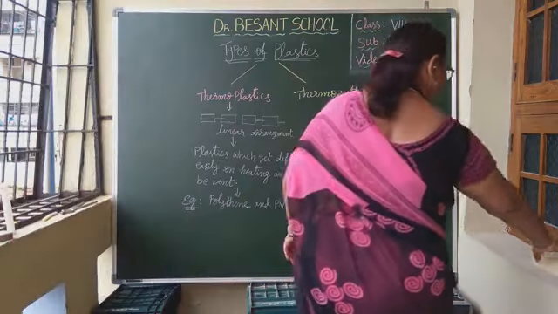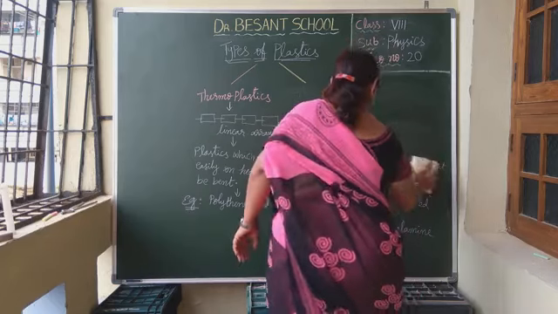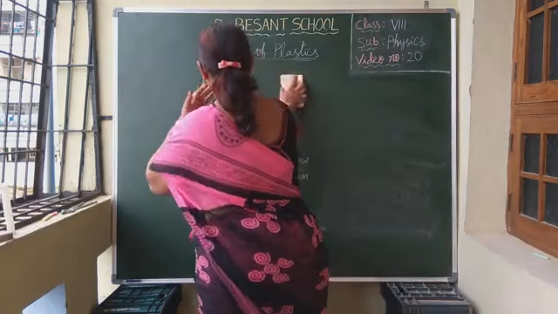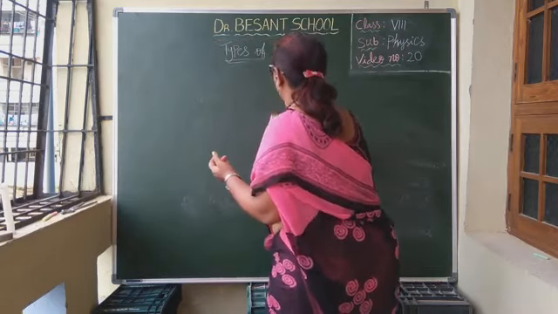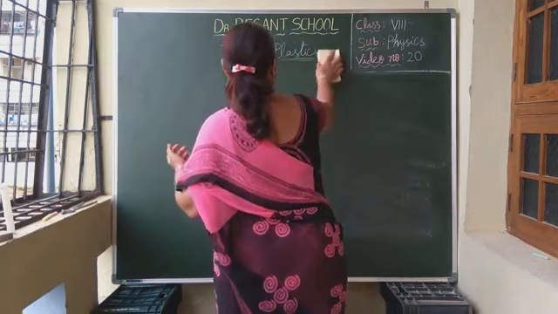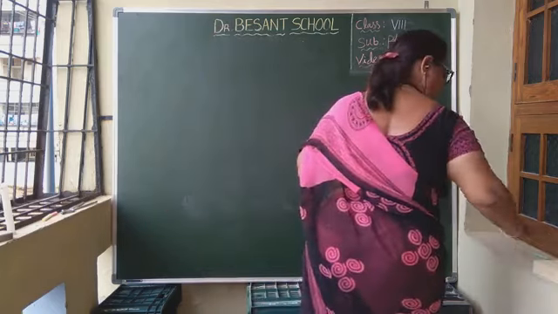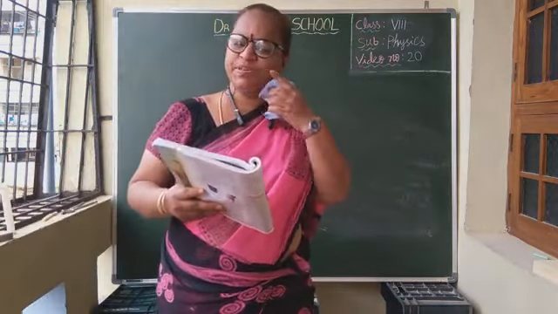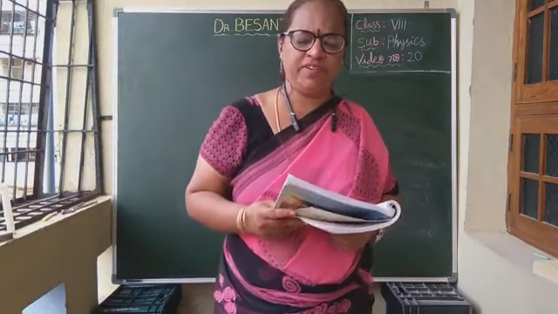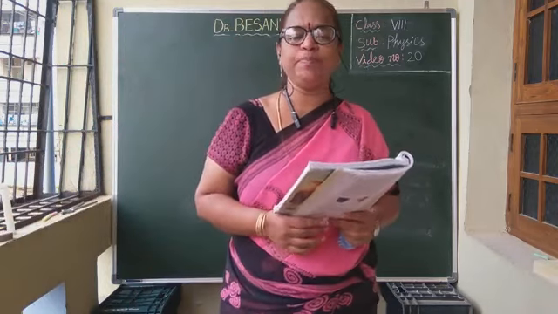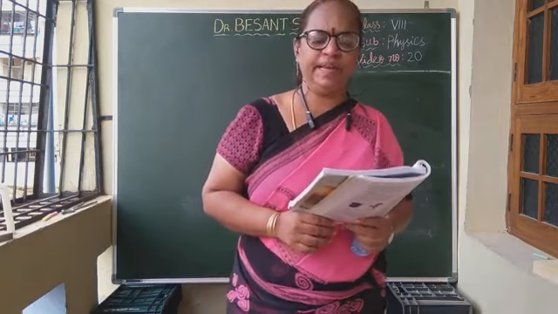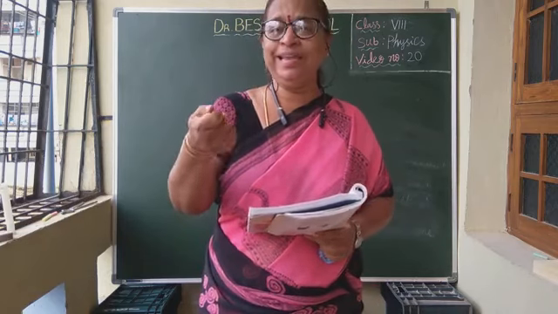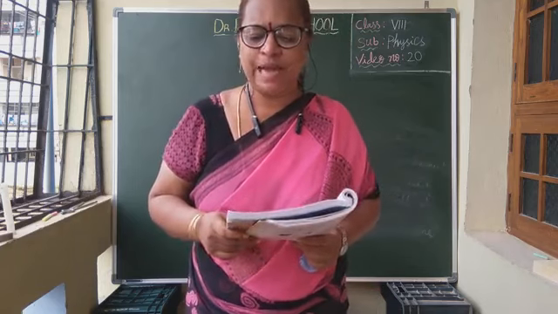Now we will see this activity. A table is given. We will write that table. Now all see in your book. See in your textbook, children, lab activity. Aim: identifying the thermoplastic and thermosetting plastics by flame test. Materials required: a pair of tongs. What for tongs? To hold the object when heating. Spirit lamp. Samples of plastics.